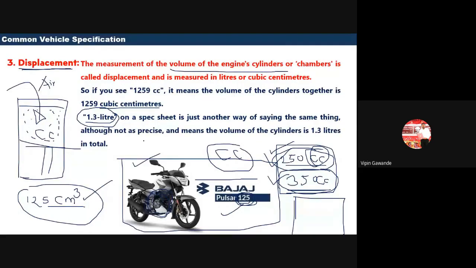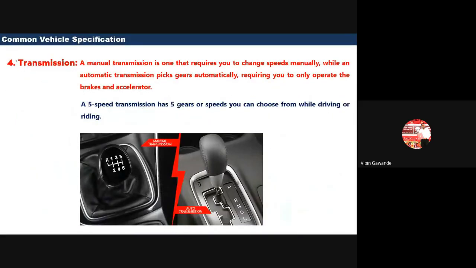Then we have the transmission system next. What is meant by this transmission system? If you have seen the recent modern cars, we generally use the gear system, that is the manual transmission system. We put the gears: 1, 2, 3, 4, 5, and then reverse. We have 5 gears, and then we have reverse. So this is the manual system. We put the gears manually.